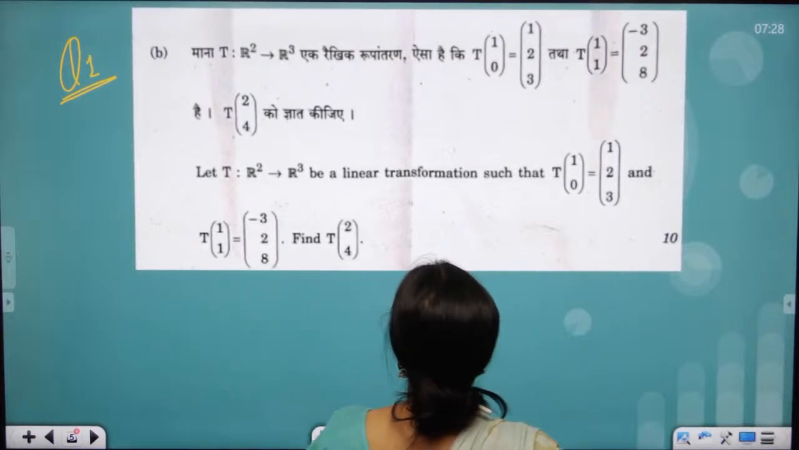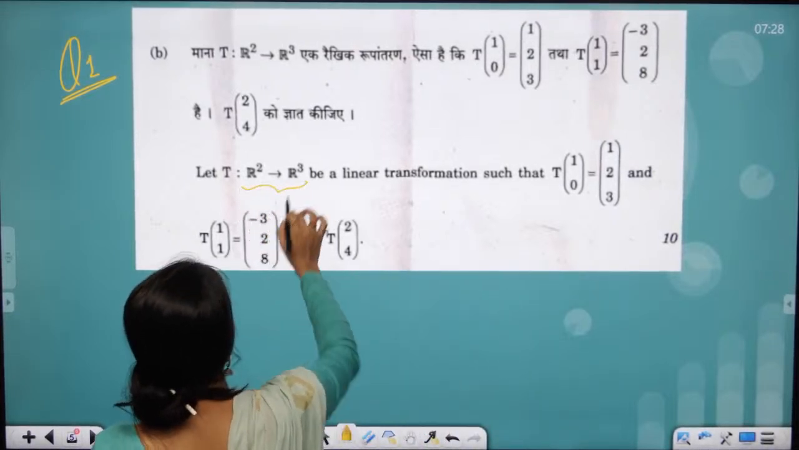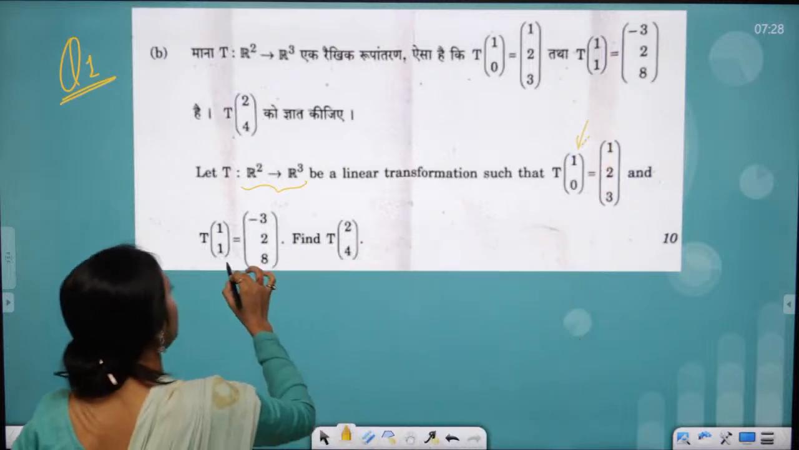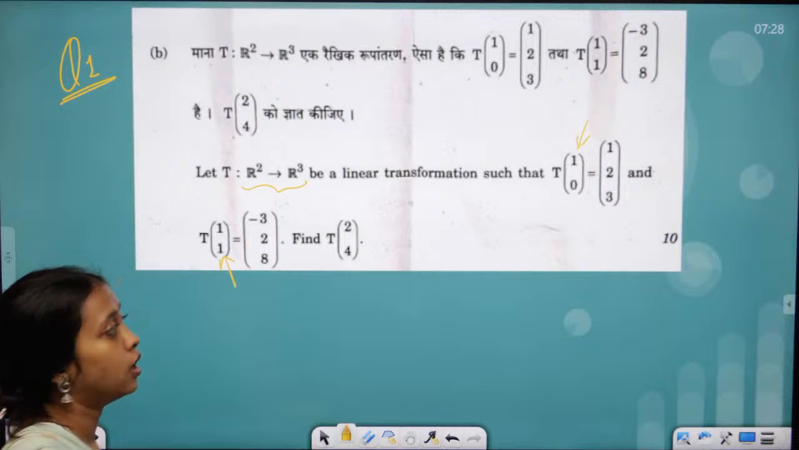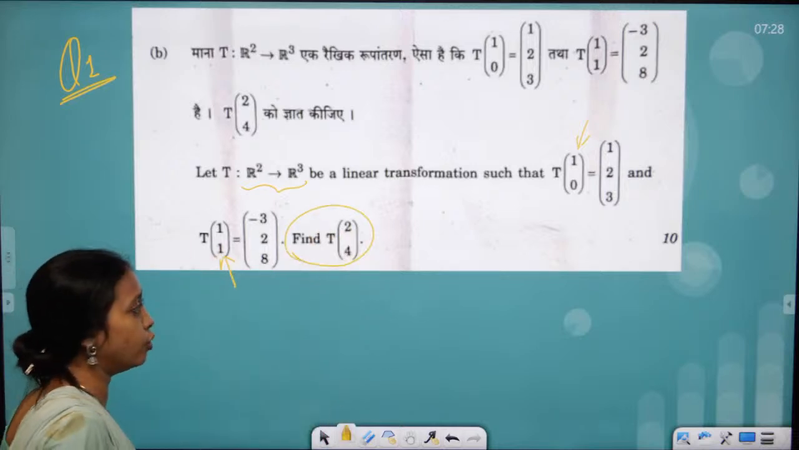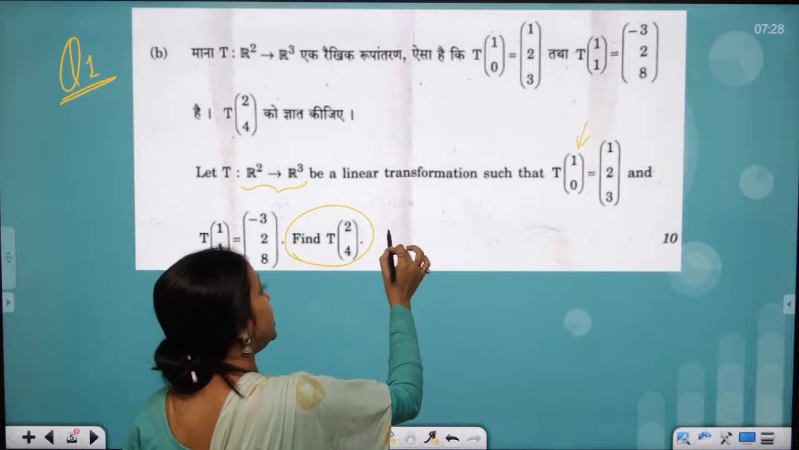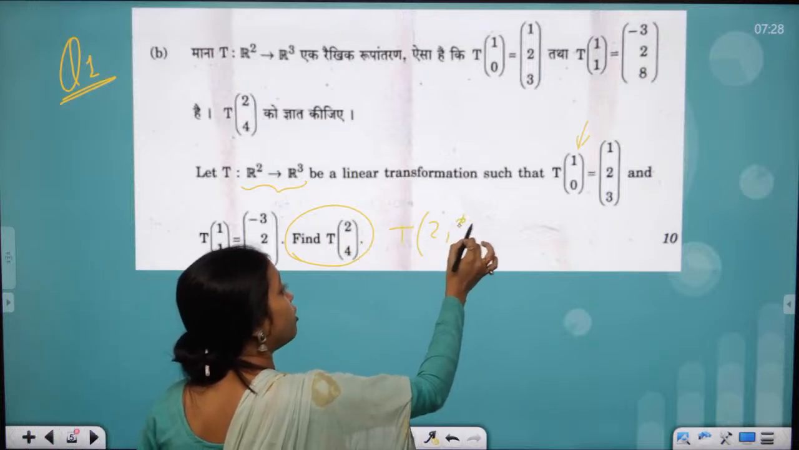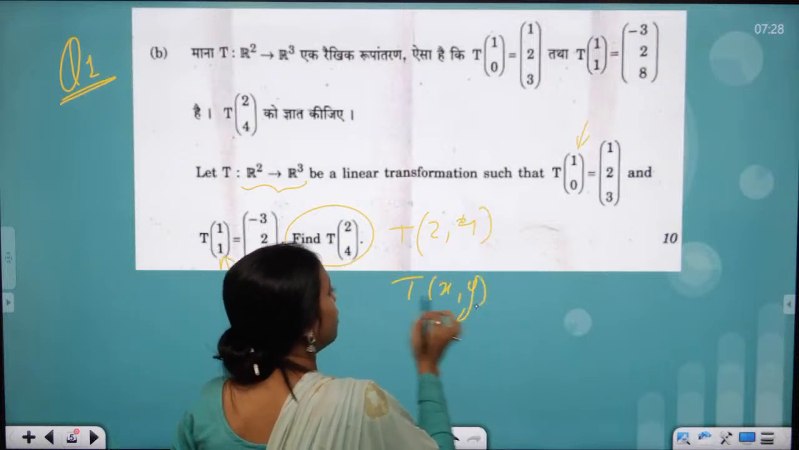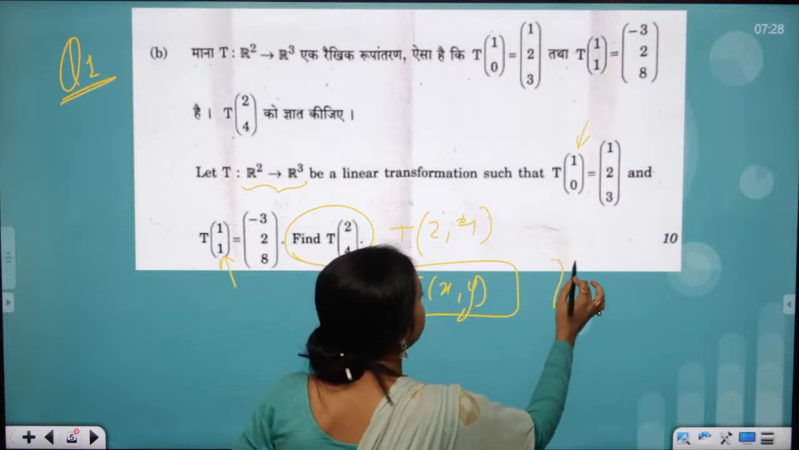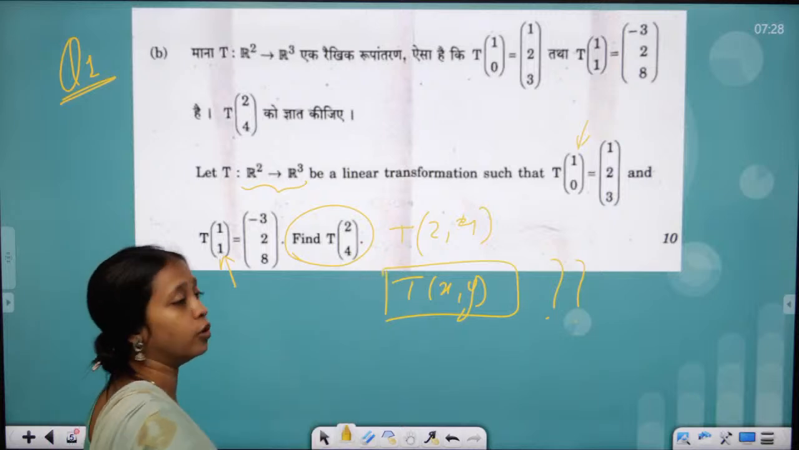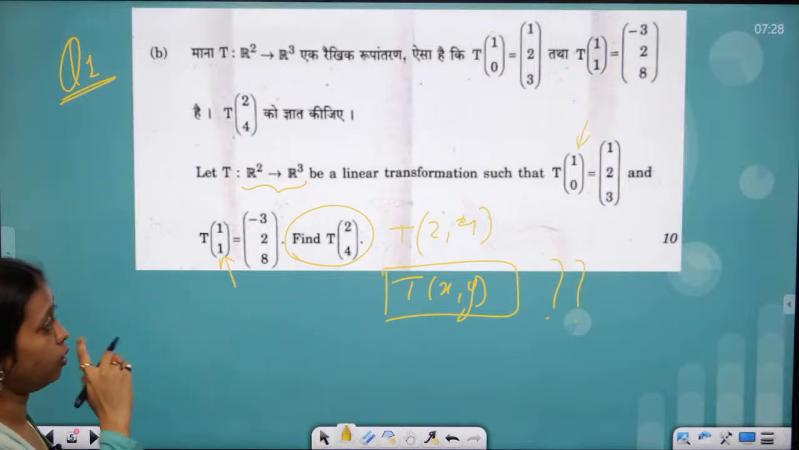This question is that T is a linear transformation from R2 to R3 such that they have given you the linear transformation on two of the vectors of R2 and you have to calculate T of (2, 4). Basically they are asking you T of (2, 4), and we can find a general linear transformation T of (x, y). It is easy since they only want (2, 4), right? So what you can do,